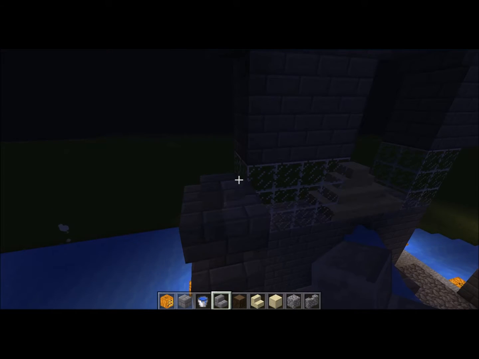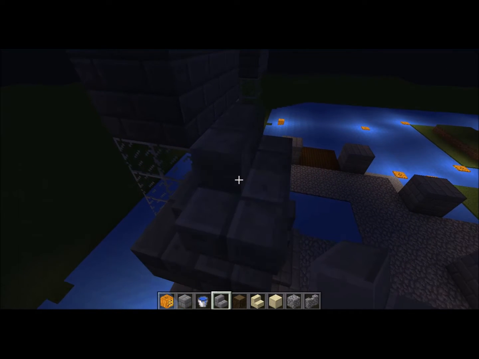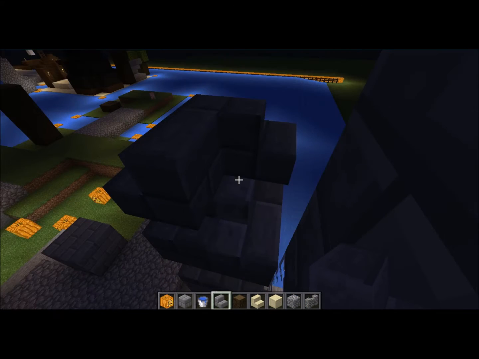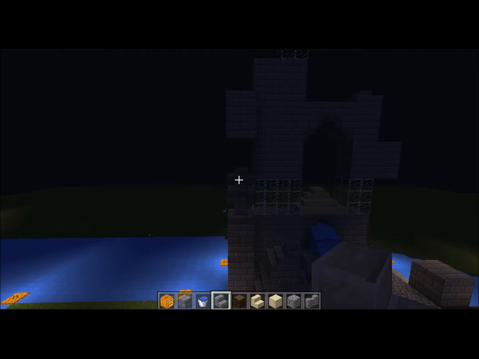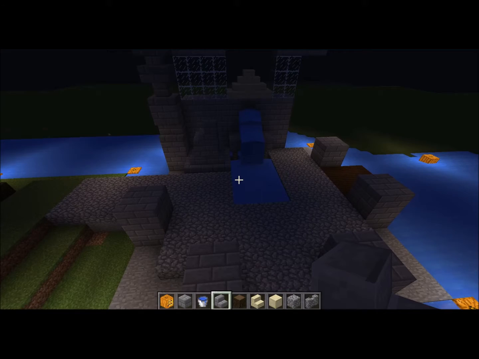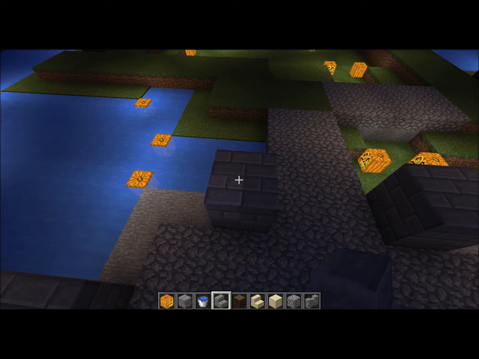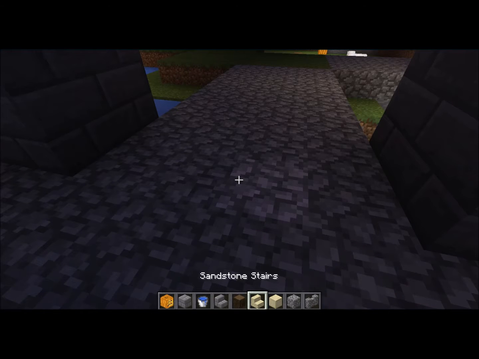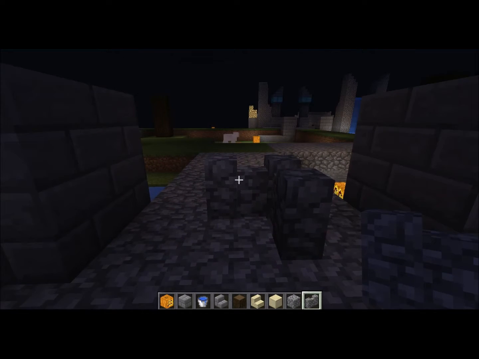Alright, and then on top we have another one of these doohickeys. And there. And that is our fountain. Now, as I said, there's supposed to be, like, magic protecting the fountain, which, to achieve that effect, what we're going to basically do is just create this